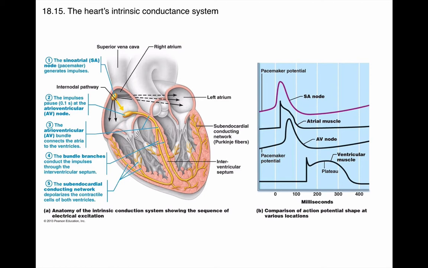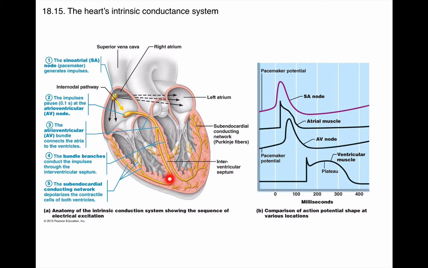This is just superior to that fibrous skeleton of the heart, but the skeleton of the heart has the effect of causing some electrical impedance. So basically there's resistance, so that the action potential that starts here basically stops once it hits that plate of fibrous connective tissue. So the action potential washes across the atria, but one way that it goes is to transmit the impulse to this structure called the atrioventricular node, which then bullets the impulse down to the apex of the heart through first the atrioventricular bundle, then it splits into the two bundle branches, and then those bundle branches, when they get down to these very lowest fibers,